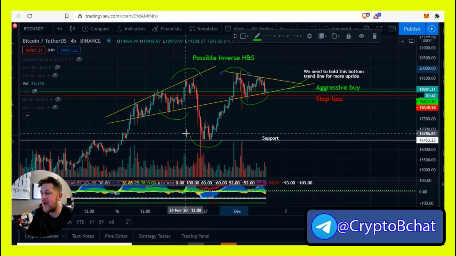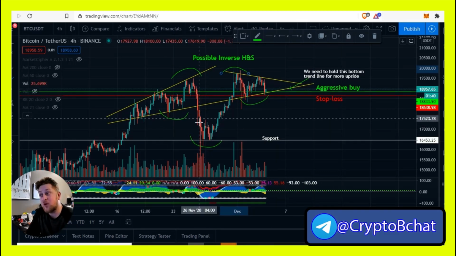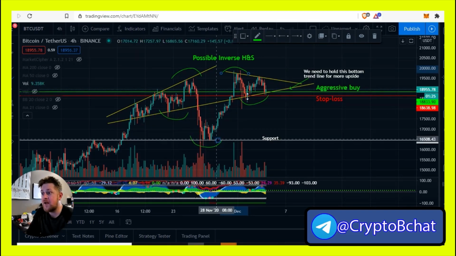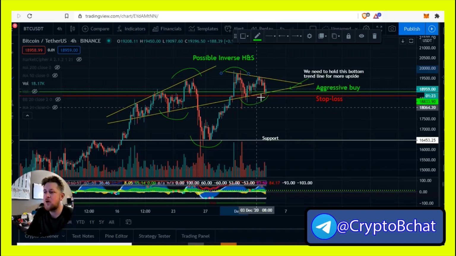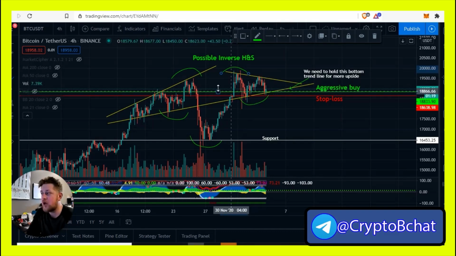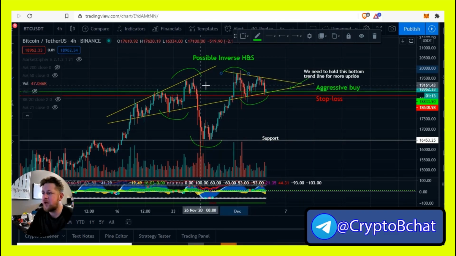So with that, there's also a possible inverse head and shoulders. We know that head and shoulders is a bearish setup, and an inverse head and shoulders is a bullish setup. So you can see here, low or high shoulder, low head, high shoulder, and then it should break higher. Now to get your actual target for this, guys, you take basically the neckline, which would be about here-ish,